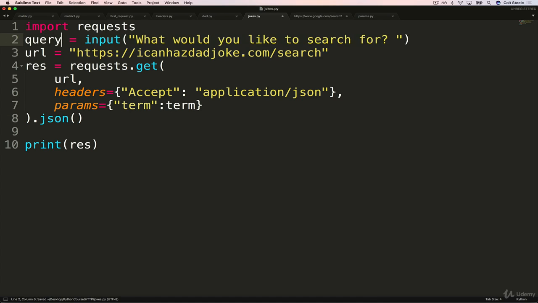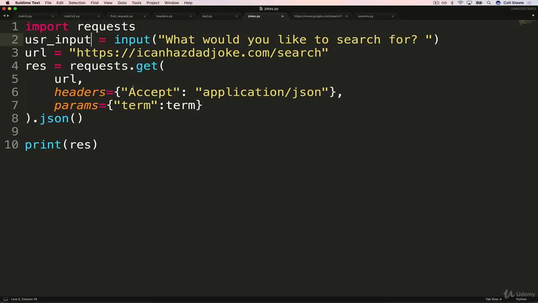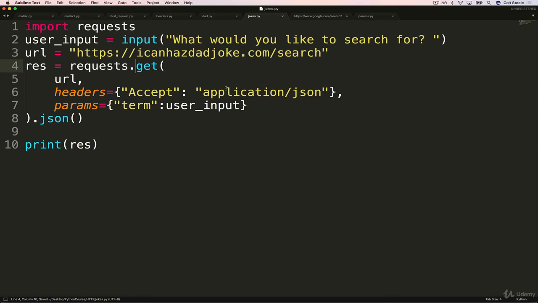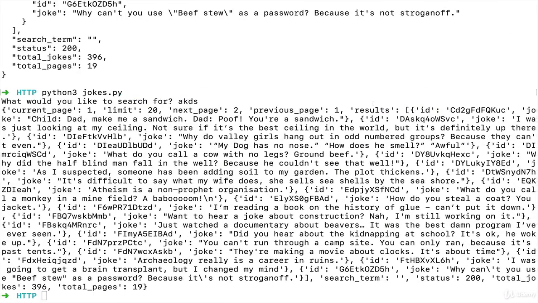So we could change this to user input, maybe. And then here, we'll have user input. And I'm actually not a fan of shortening that. Just an extra letter doesn't hurt. Okay, so now the search term is going to be user input, which is the same thing as doing term equals and then whatever the user inputs. Let's see if it works.